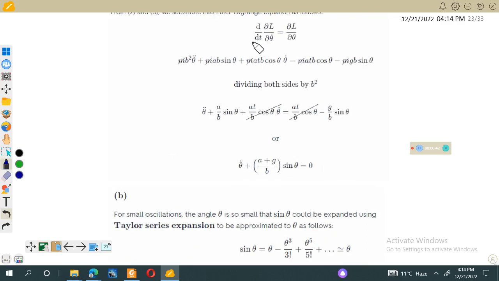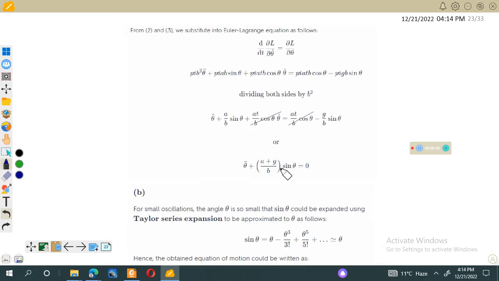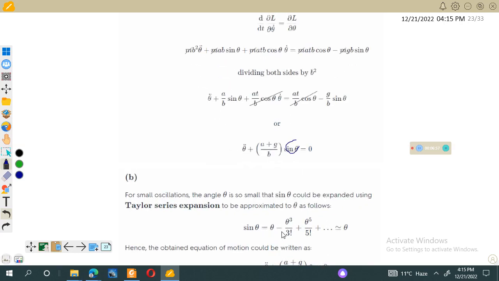We have simplified it, d over dt partial is equal to this, and we have obtained this equation for theta double dot plus this. Then you can evaluate sine theta with the help of the Taylor series. So sine theta will be equal to theta minus theta cubed over 3 factorial and so on. For small oscillations, we can neglect the higher order terms and take only the first term,